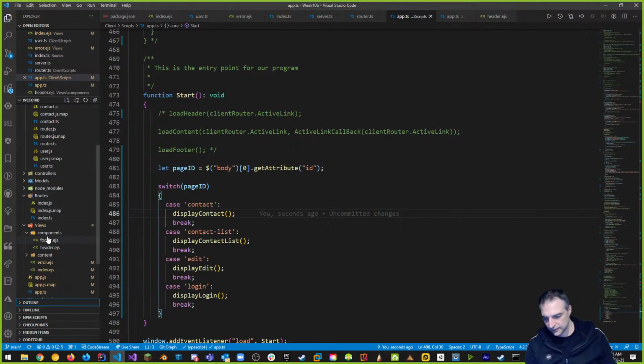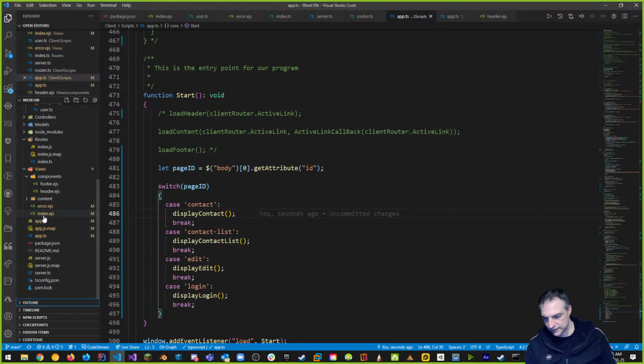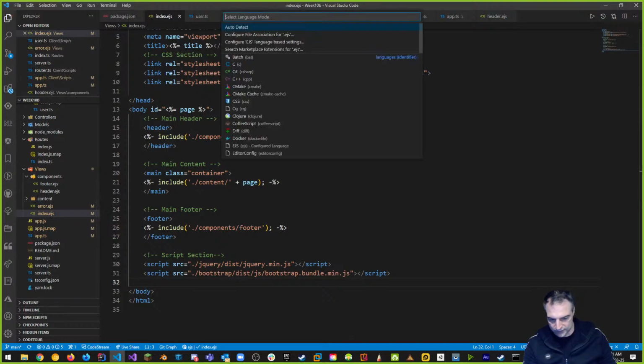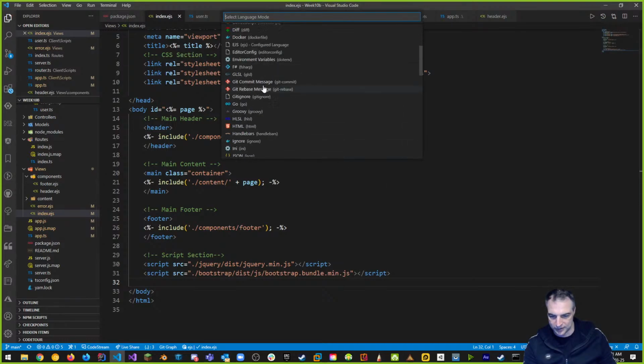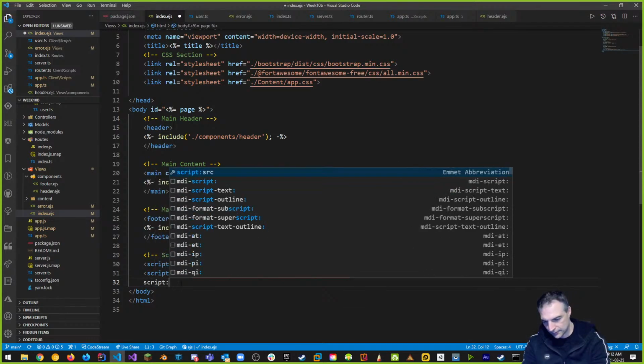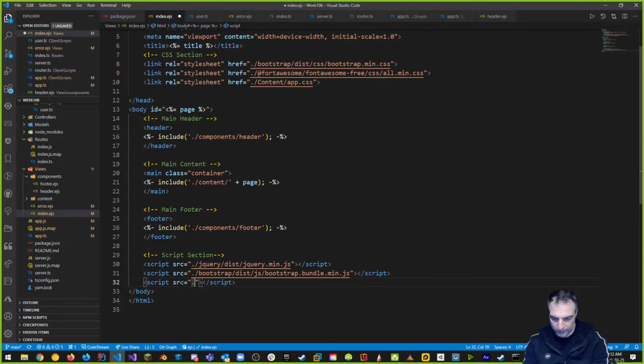index template. So if I go to my index template, which is here, index.ejs, then what I want to do is the bottom, I want to do that load. But now notice that on the bottom, I'm using EJS in my Visual Studio Code. It's detecting the page as an EJS page because of my .ejs extension. So I want to change this to HTML. And then I can use my Emmet. So script, source, and then I want to say /scripts, and then